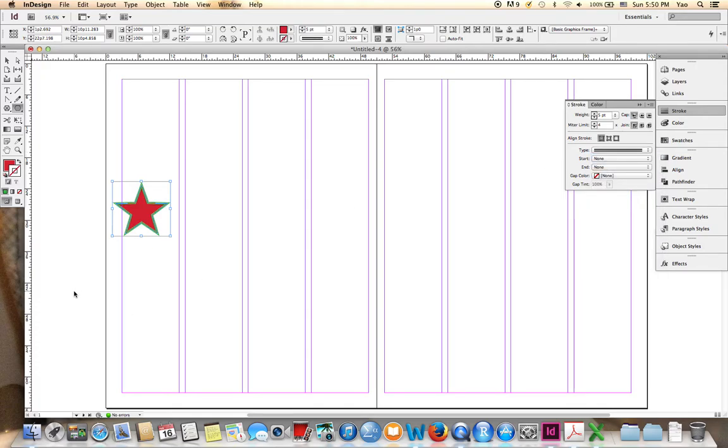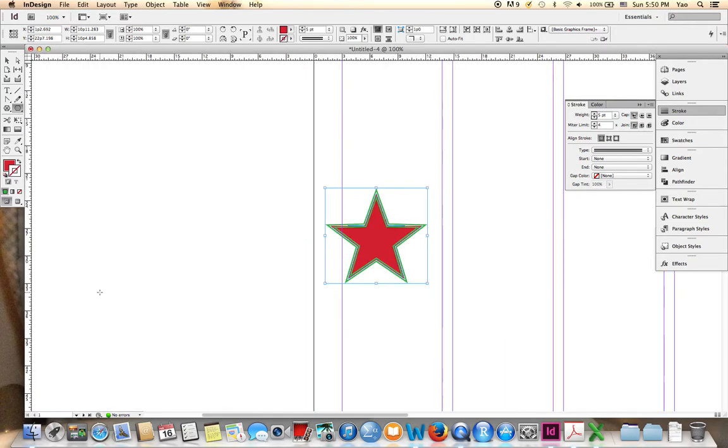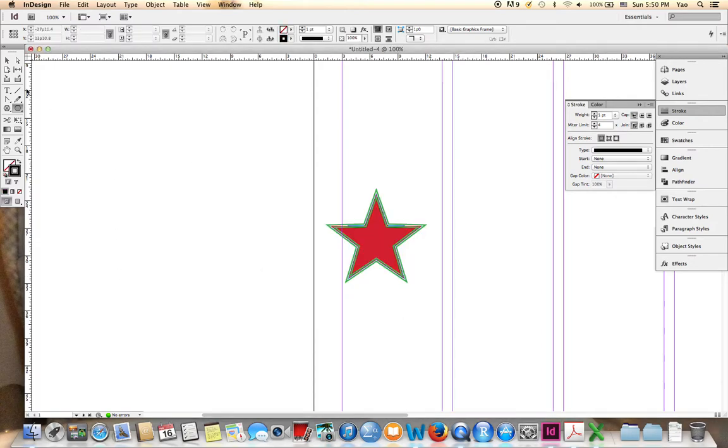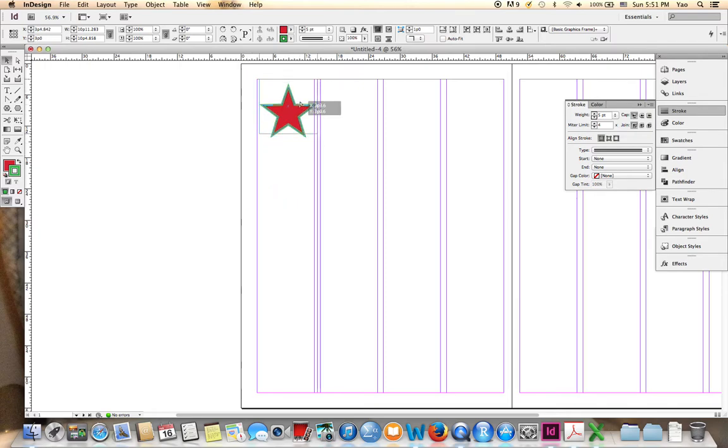Looks good. Maybe we can make it larger so that you can see how it's a beautiful star. Select this, and let's say we wanted to put it in this area, and